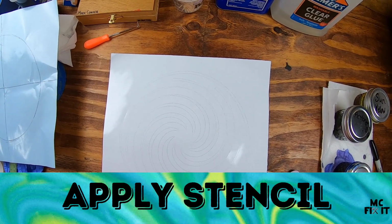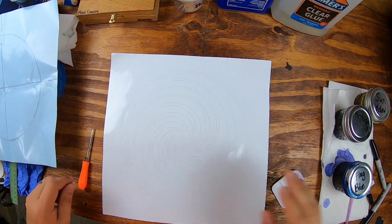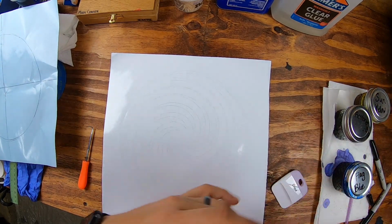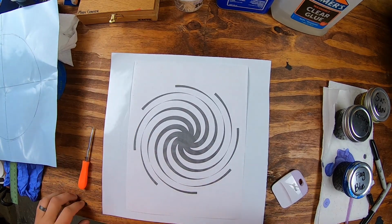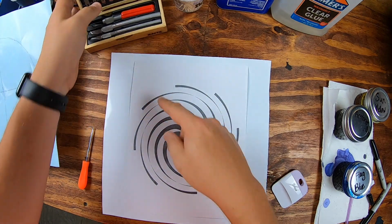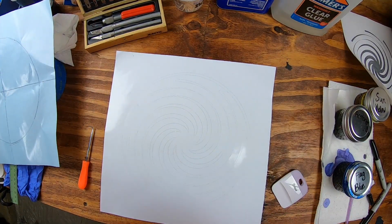Okay, now that this has all been cleaned off and is dried, we're going to go ahead and work on the stencil. There's a few ways you can do this. If you don't have a Cricut, you can simply print out the stencil, tape it all down. You may want some kind of cardboard, then use your X-Acto knife and go ahead and cut it out. But since I have the stencil pre-cut,